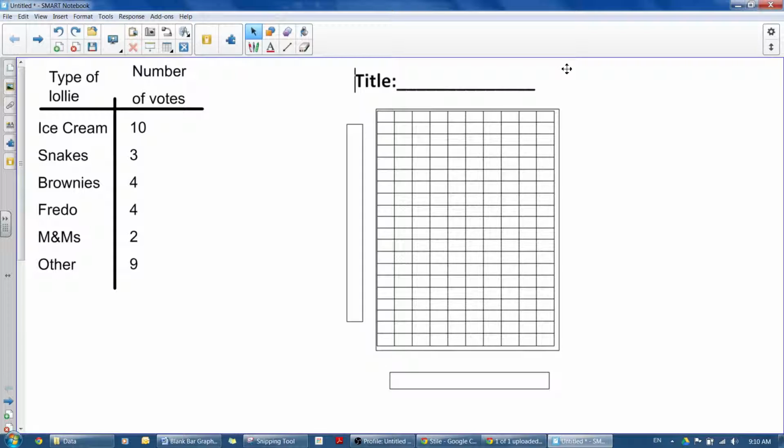On snakes, 3 people like snakes, so I can draw, oh, I made a mistake again. See, I make lots of mistakes. I said 1 was here, so you need to start here on 1. Don't start down here, that's like 0. Okay. So snakes was 3, so 1, 2, 3. Brownies was 4, 1, 2, 3, 4. Freddles was also 4, that's fine. M&Ms was 2, 1, 2. And other was 9, so there's